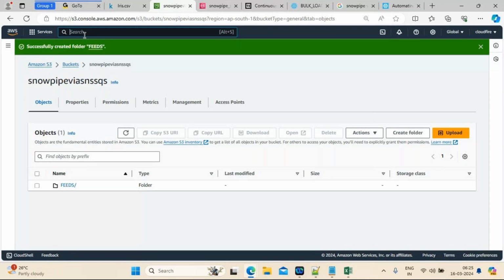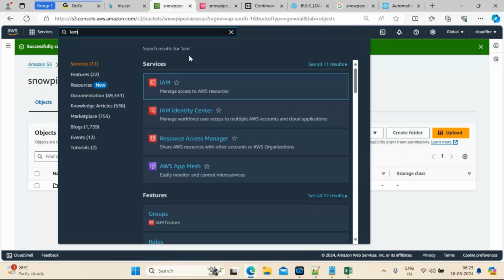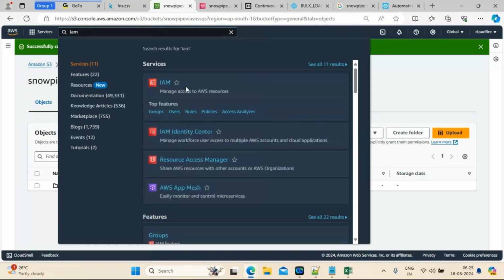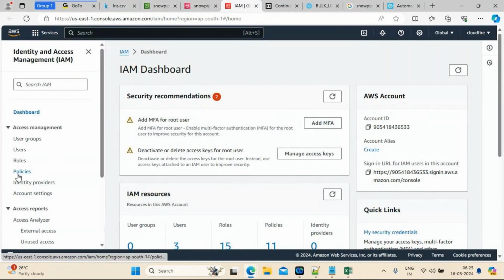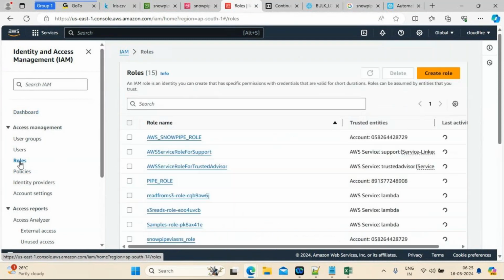See guys, I want to read the data from the bucket. I want to give some permission. IAM, Identity and Access Management. Just go to IAM. Now click on the IAM manager. Okay, now IAM is open, right? You can see the dashboards. If you have some policies or inline policies, you can create some policies, but I don't need any inline policy right now. Directly I can create some roles. Just create role,